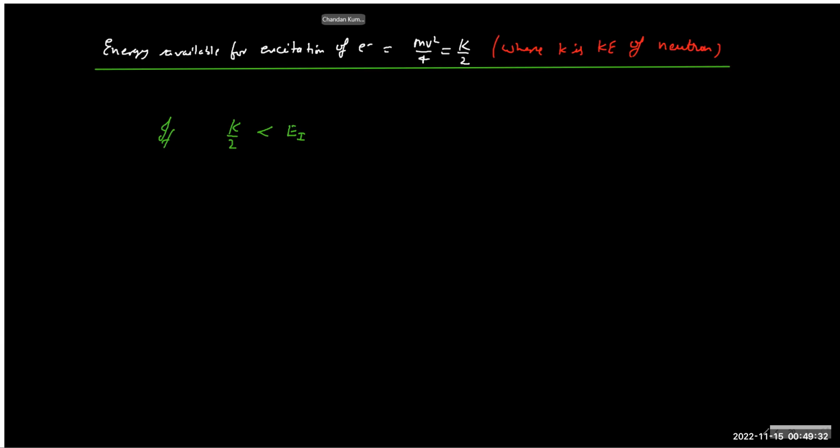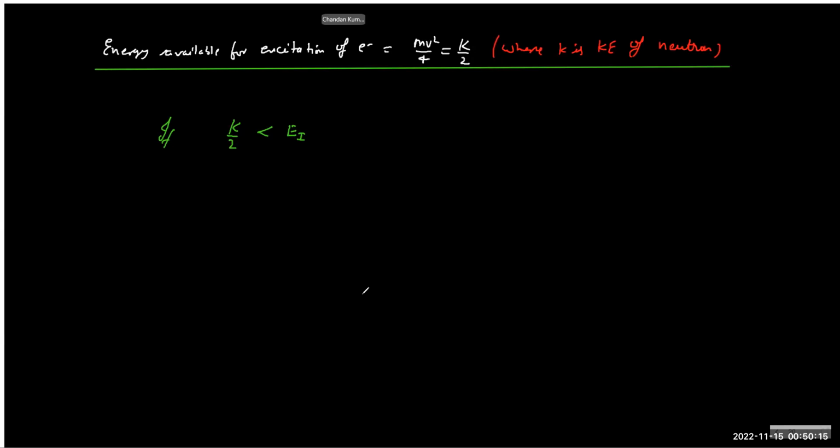If you go to a railway counter to buy a ticket, and the price of the ticket is, let's say, 100 rupees, and you have only 50 rupees or 80 rupees, you have to go back to your home without the ticket. So basically, there is no interaction between you and the atom. So if the energy available in the CM frame is less than E1, then the neutron will hit and come back,